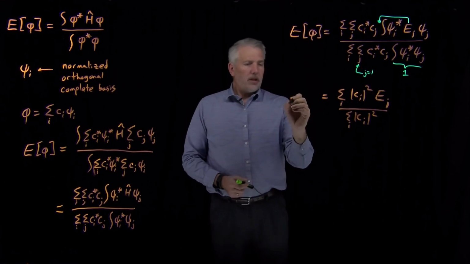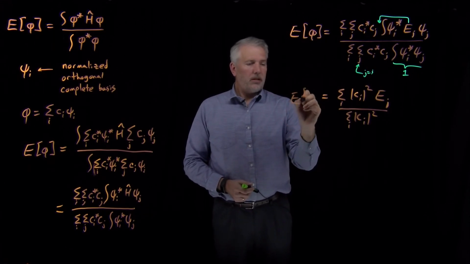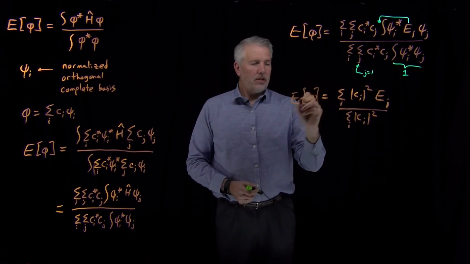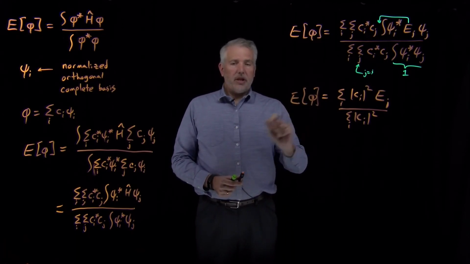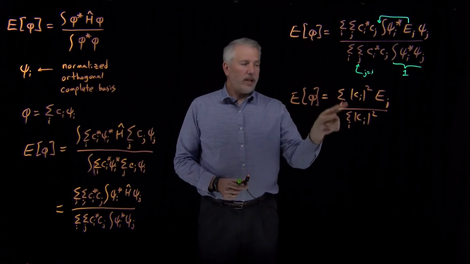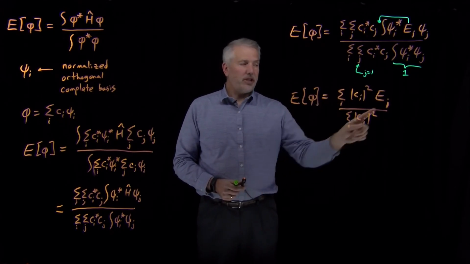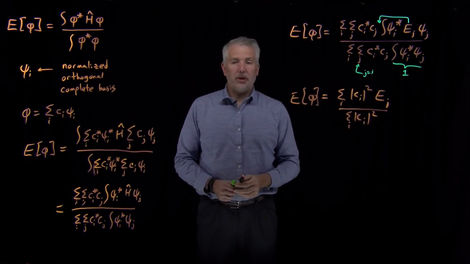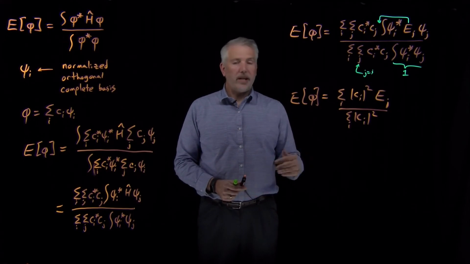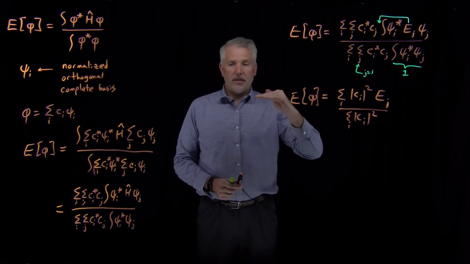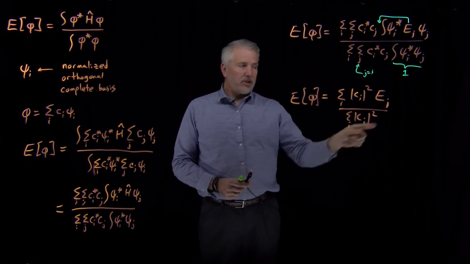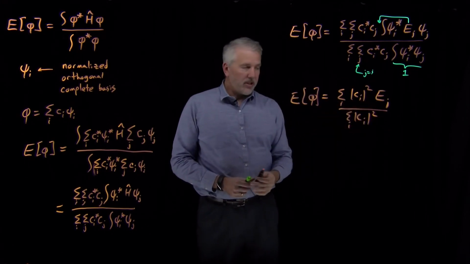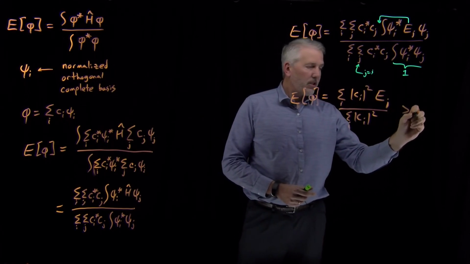So this result says that the variational energy of this trial function is a weighted average of the energies of each of the true wave function energies. It's a weighted average of the ground state energy, the first excited state energy, second excited state energy, and so on. So that average of all those individual energies has to be at least as large